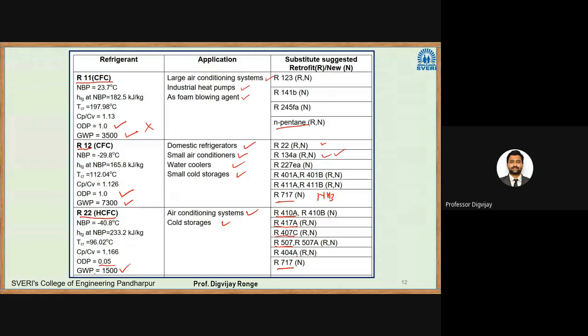Ammonia is the best refrigerant you will get in the market, but its problem is that it is very toxic. You know that